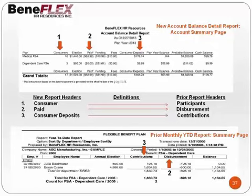Consumer deposits used to be called contributions, and it's just that. Consumer deposits are the participant contributions into the plan, both for medical and dependent care. The plan year balance really has relevance to dependent care only, which is why you see NA in the medical reimbursement column. And that balance is used to tell you whether or not claims would be approved for payment when the account is fully funded. So in the case of dependent care,